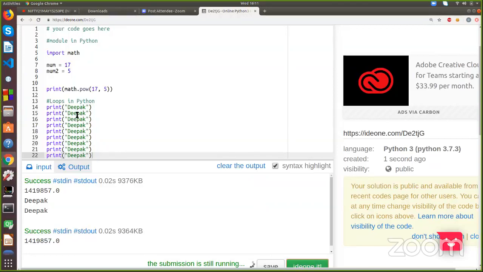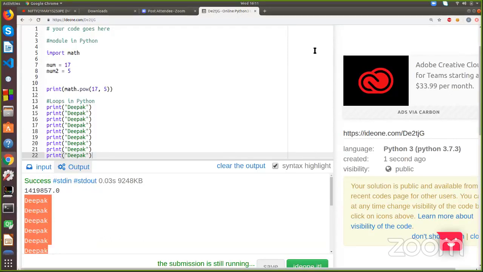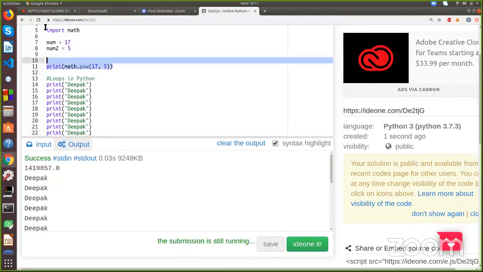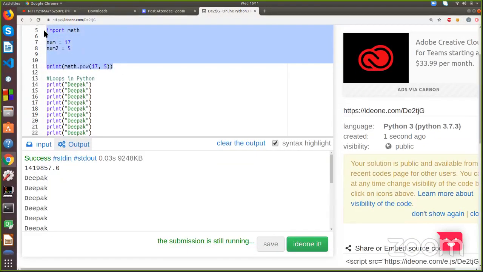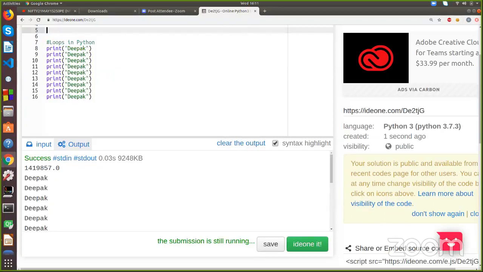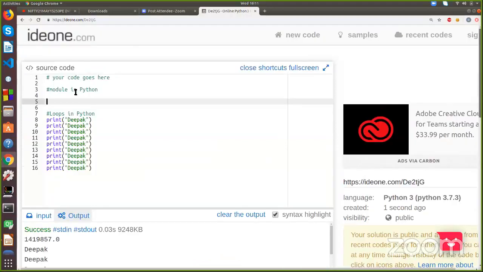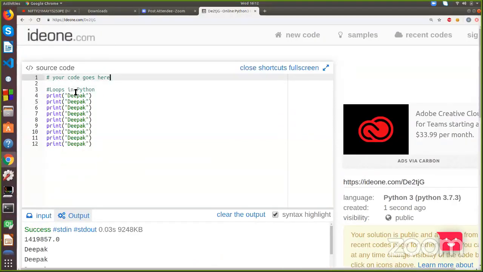See, for example, I printed just a few times, 5 to 7 times. I need to write the print statement each time to print it in a repetitive way. So I think this is not the solution. If you want to print it 100 times or 1000 times, are you going to write the same line of code 1000 times? If that's the solution, then why would we use programming? वो तो हम लोग ऐसे भी कर लेंगे.